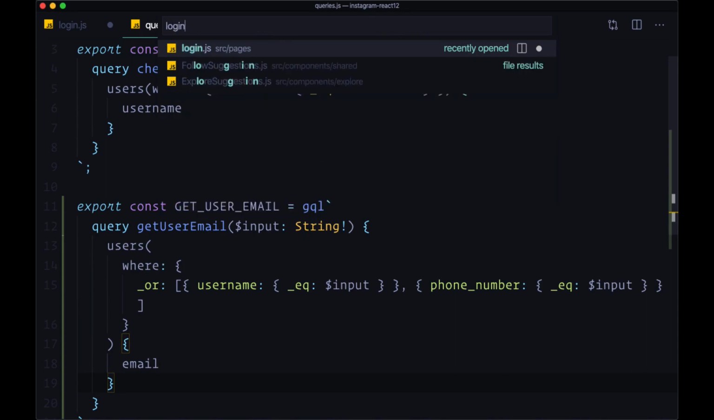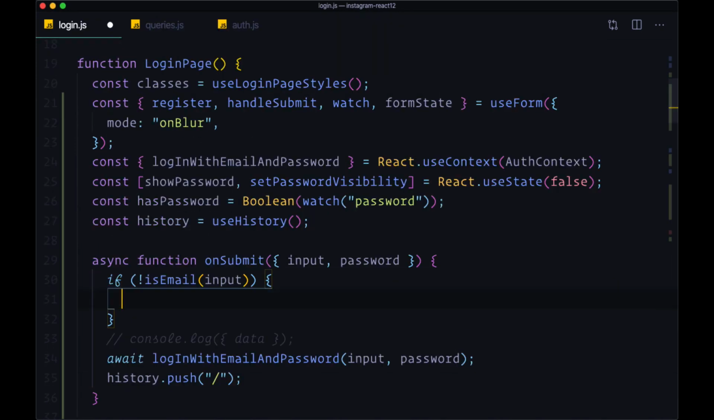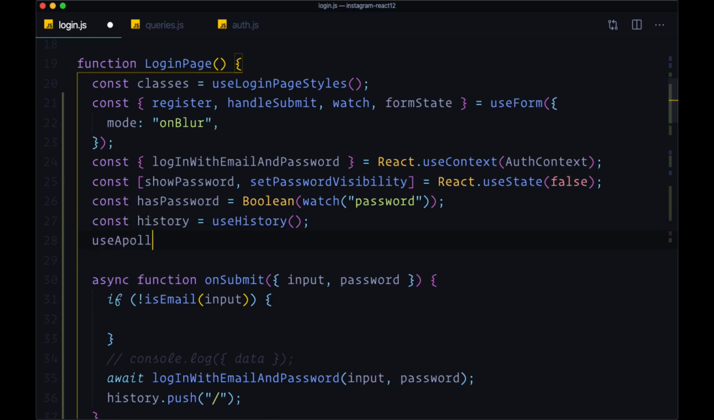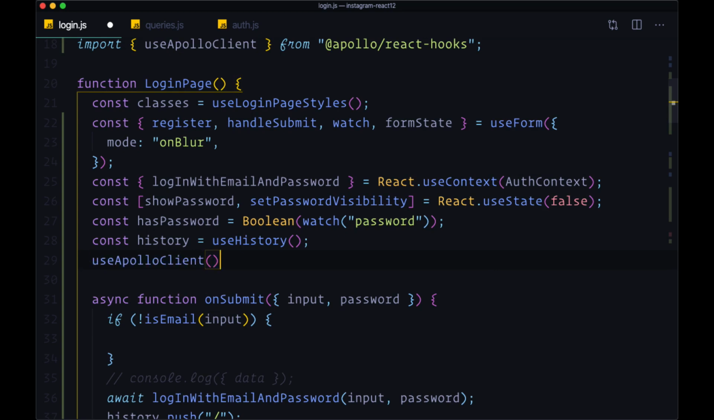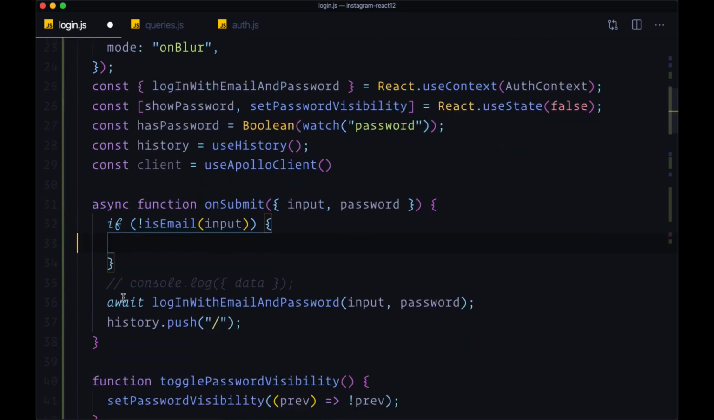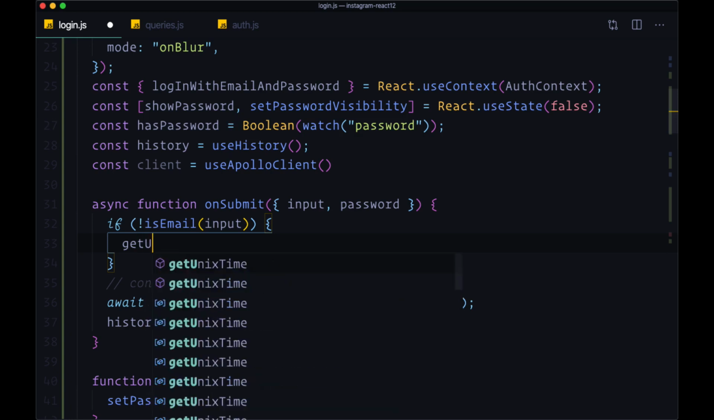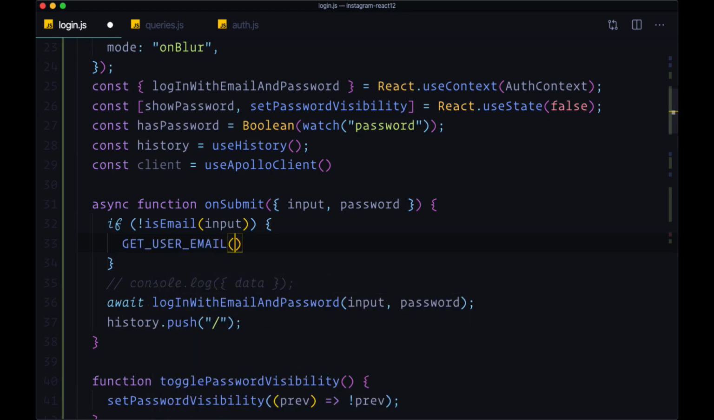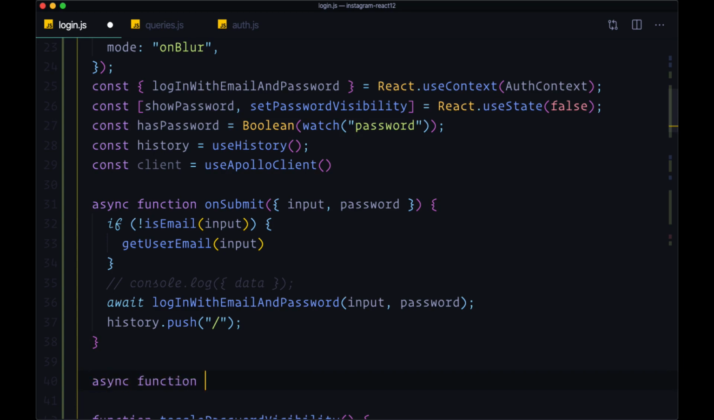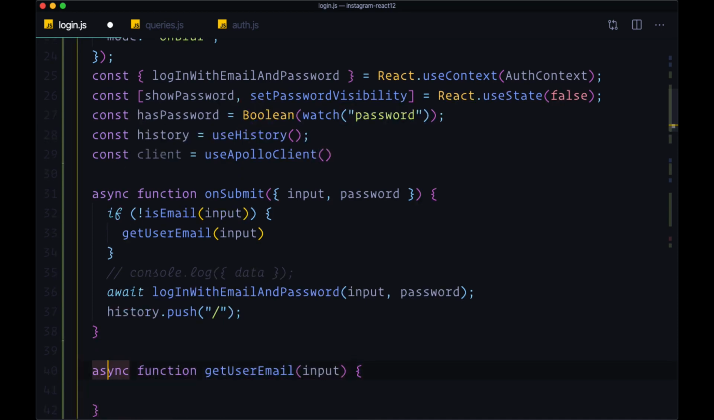And then back in login, we will once again use Apollo client to execute our query. So we'll import that, and we're going to get the client, and we're going to execute a separate function here, and this is going to be called get user email logically, and it's going to accept the input. So we'll create that underneath, and this will be an async function. Get user email. It's going to get our input,